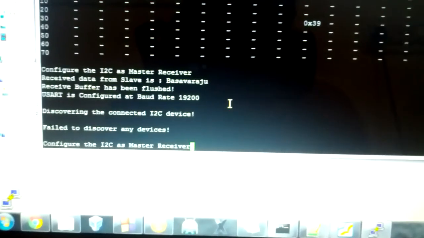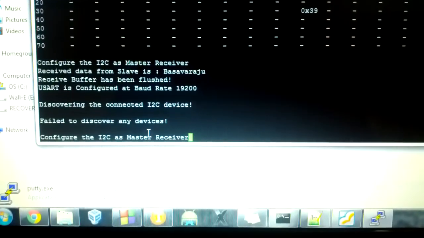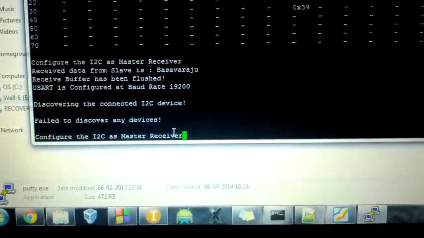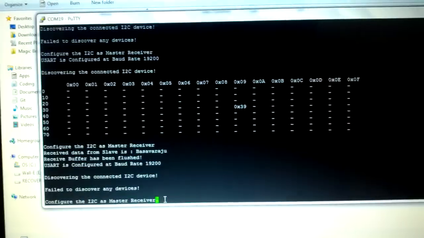So now let's reset the master. Okay, I'm resetting the master. Now it started glowing, and here I'll get a message. Yeah, you can see that it is configured, but it failed to discover any devices. The master is configured as master receiver, but still it failed to discover any devices